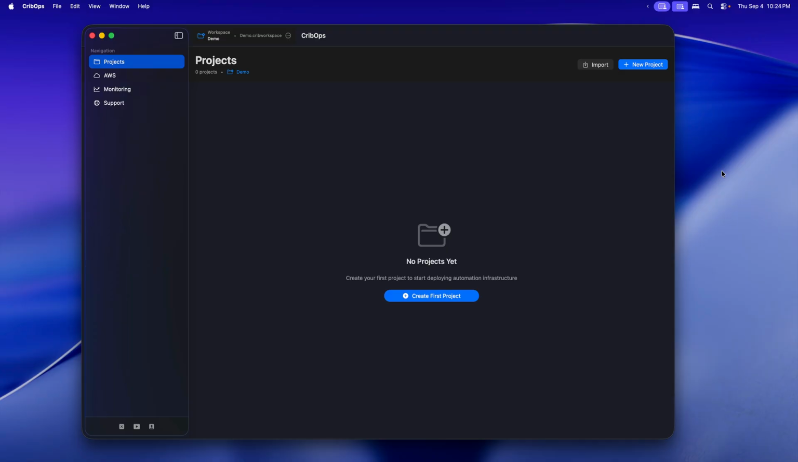Okay, we're going to do a quick demo of the new feature available in CribOps Desktop for Mac. We have a new project type. When we launched the service, we only supported launching into the AWS cloud, as many cloud accounts as you wanted, as many projects as you wanted. But as some of you may remember, the CLI has always had the ability to install N8N locally on your